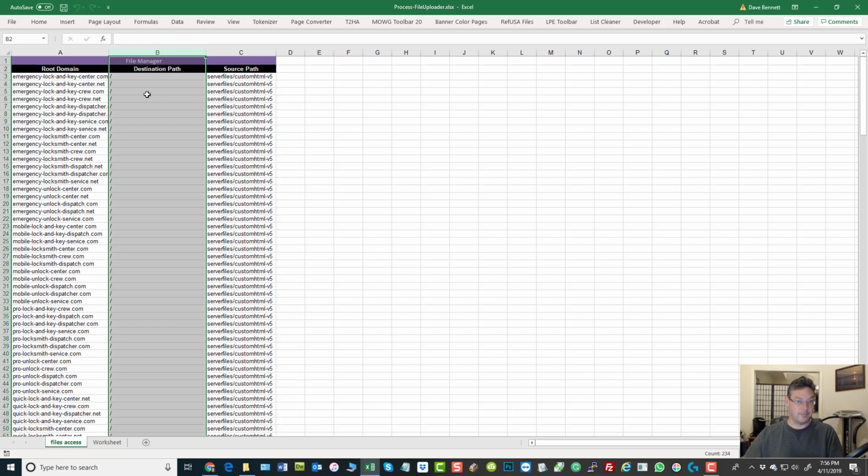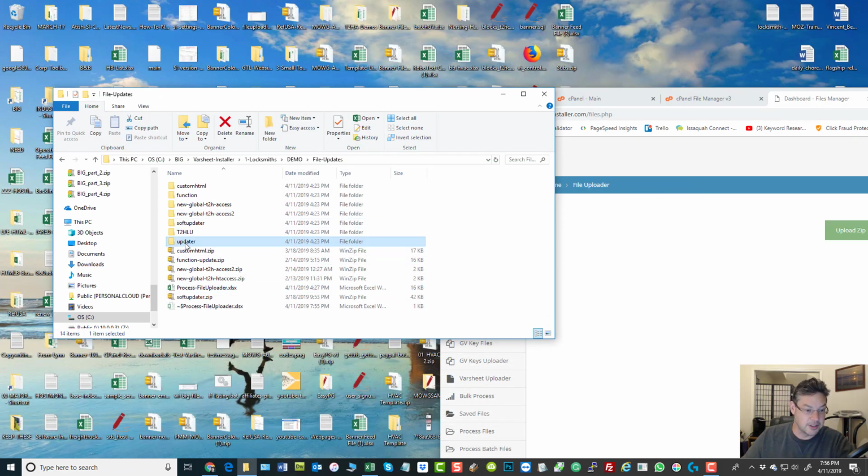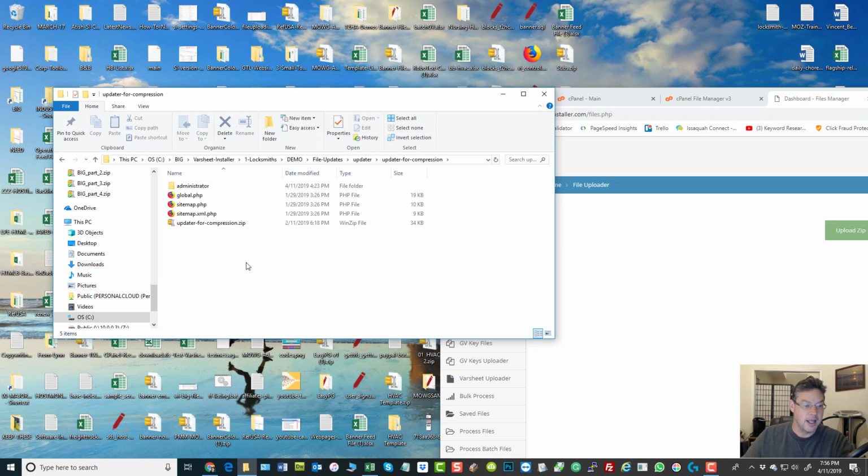here and unpack it. And so if that includes an administrator folder, it'll unpack the administrator folder's changes and automatically overwrite any files or add new files in. So this one, custom HTML-V5, that could have like 4 files in it. What was I showing you? Just to give you the idea. Yeah, it could have